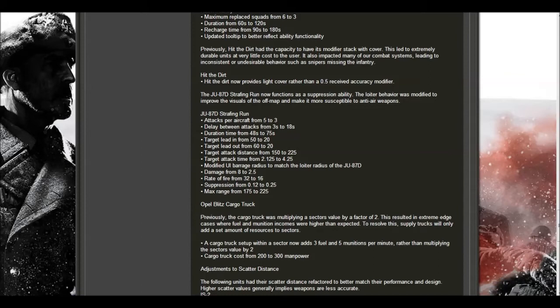Now, Strafing Run. The JU-87D Strafing Run now functions as a suppression ability. The loiter behavior was modified to improve the visuals of the off-map and make it more susceptible to anti-air weapons. Another ability everybody has been crying about because it's essentially too strong. Reminds me of the original Strafing Run back in Vanilla Company of Heroes. Again, everybody hated that until it got nerfed to...